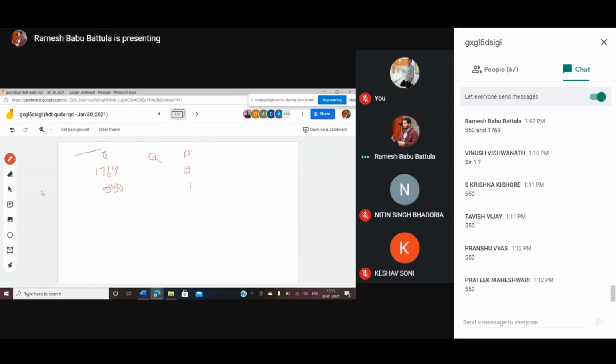Then how many times does it go? The coefficient is 3, and the remainder value is 119. Then take this value minus this into this value, and write the resultant value here. That means 0 minus the previous auxiliary value times the coefficient q, that is 3 here. The resultant value is minus 3, so write minus 3 here. And continue this.